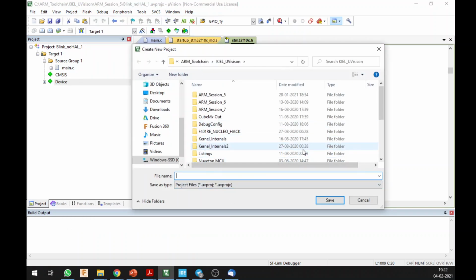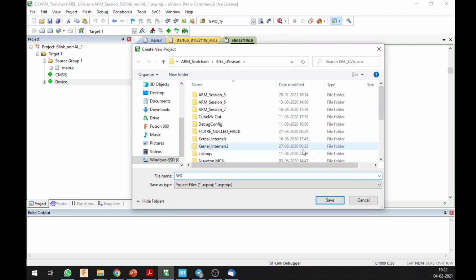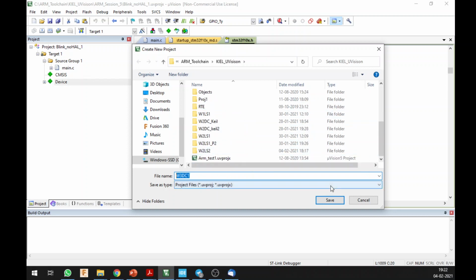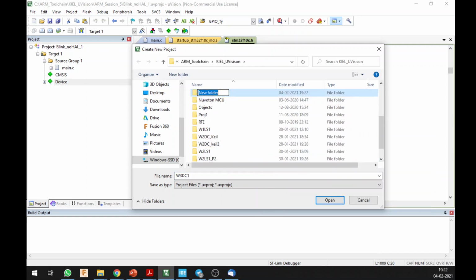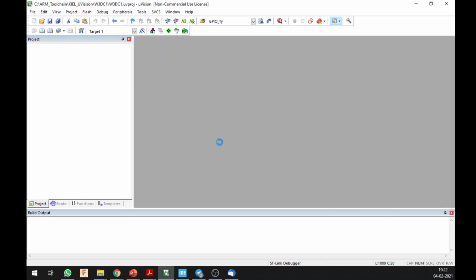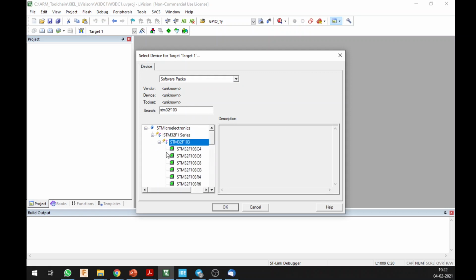So let's call today's session week 3, and it is your doubt clearing session 1. Let me make a folder of the same name, and I'll save it over there. And over here I chose my STM32F103. I chose my C8 chip.